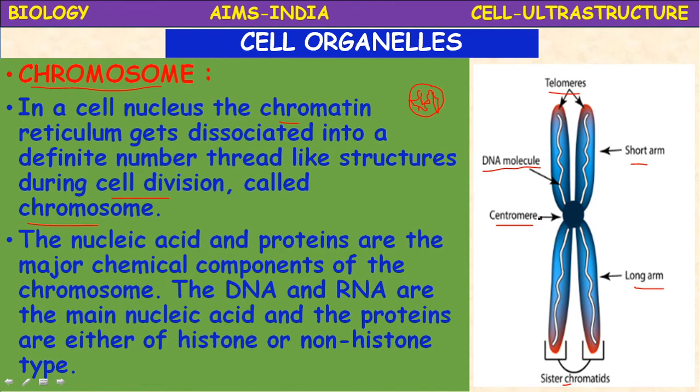Okay, so this is a chromosome. It is consisting of short arms and long arms. Both are connected by centromere, and the short arms are called telomeres. The end of the short arms, telomeres are present, and end of the long arms, sister chromatids are present. Okay, and on the chromosomes, DNA is present. This DNA is nothing but the genes. Let us know more about this